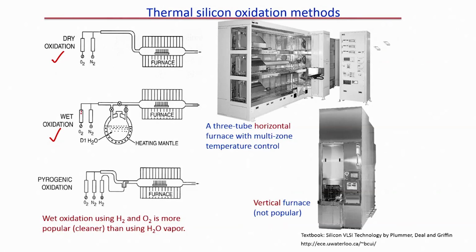Now, in a horizontal tube furnace there are 3 zones, a 3 tube horizontal furnace with multi zone temperature control. See tube 1, tube 2, tube 3. We will see in the next slide. You can control the temperature, you can program the temperature using your system,